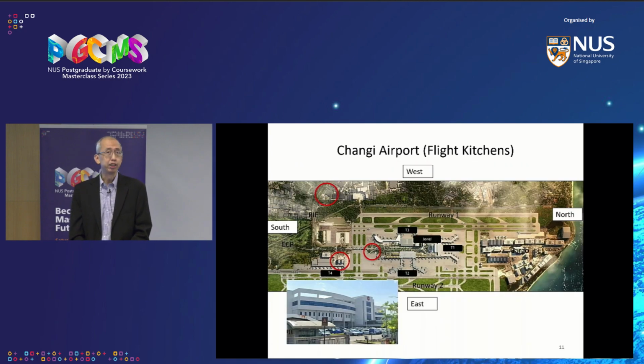And then flight kitchens are part of the support facilities. Singapore Changi Airport has 3. You can see on the bottom left of the picture, you have SATS Catering Kitchen 1, that's right next to T4. And then the circle next to it, that's the Dinata Flight Kitchen. And then on the top of the picture is the SATS Flight Catering Kitchen 2. So each flight catering kitchen, I believe SATS 1 probably can handle maybe, I want to say 80,000 meals a day. So a lot of capacity.